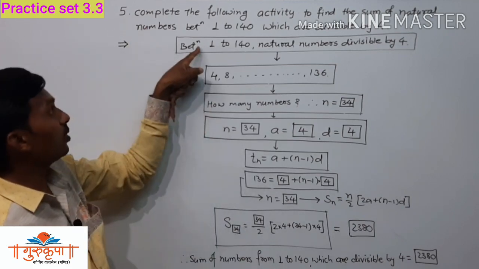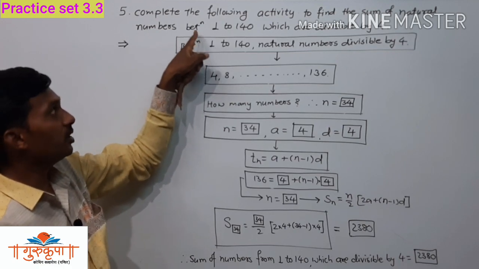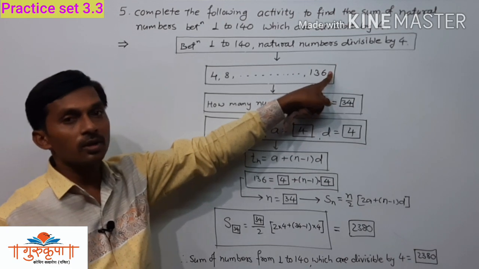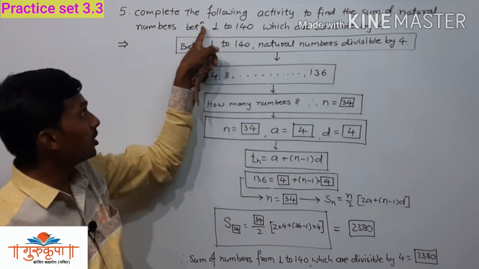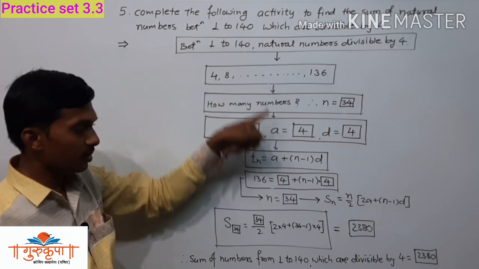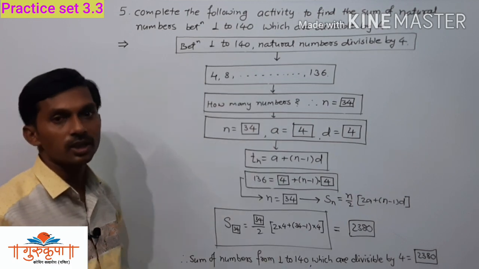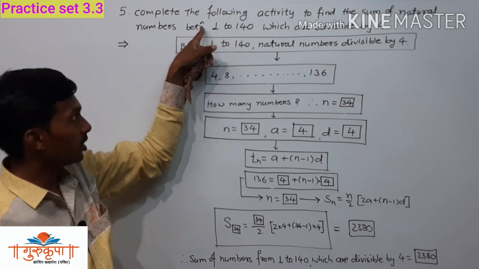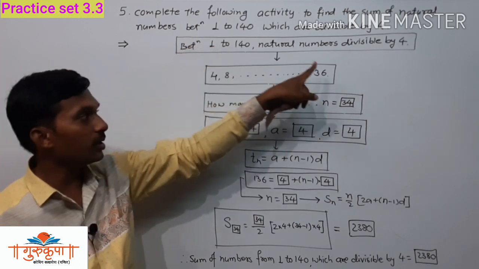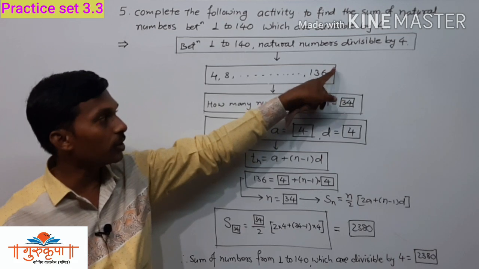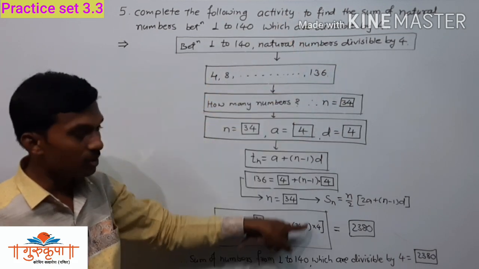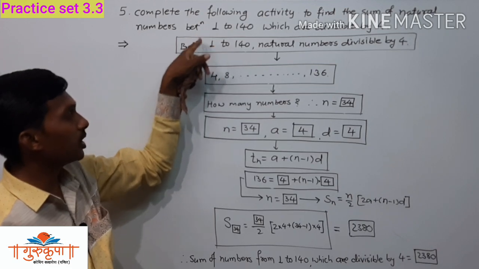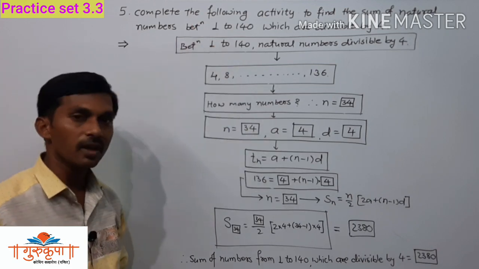And here also we have a minor print mistake. If we take the word from, then we have to include 140 also. So we change that word, we write the word between here, and then everything is correct. If we put these words as from, here also from, and here also from, then we have to include 140 here, and then each and everything is going to change. So in place of from we write between, and we simplify the activity.